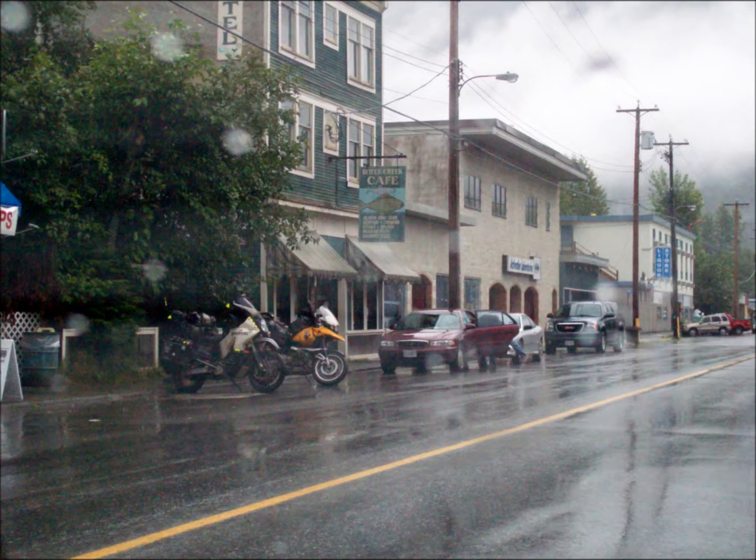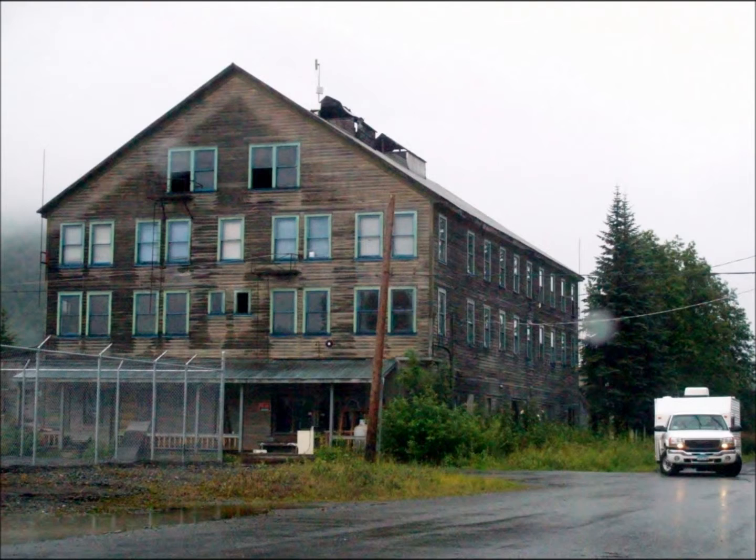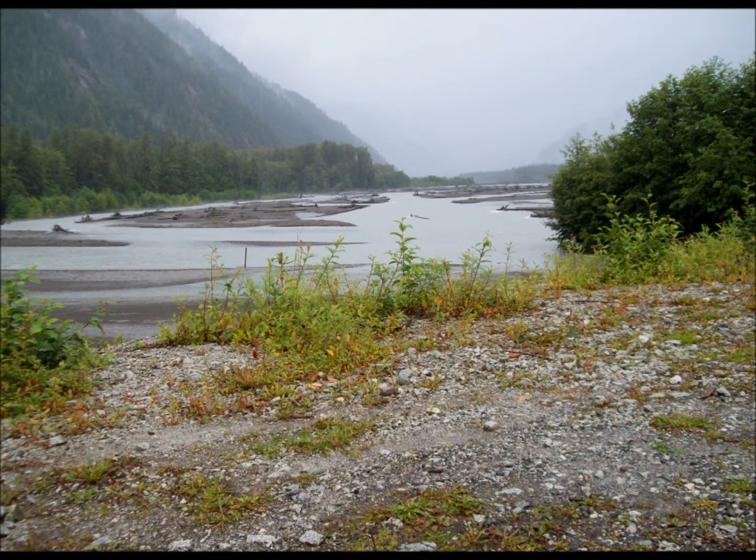And I drove around Stewart, took some pictures. It was dark, dank, rainy, forbidding day. Not very many people on the streets. But driving out of Stewart,